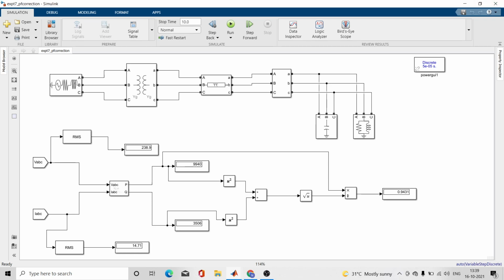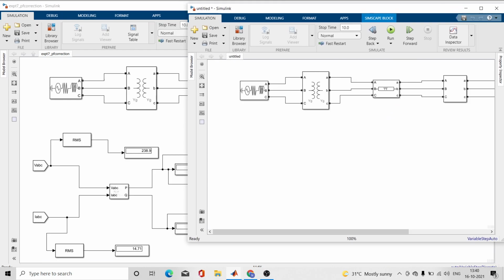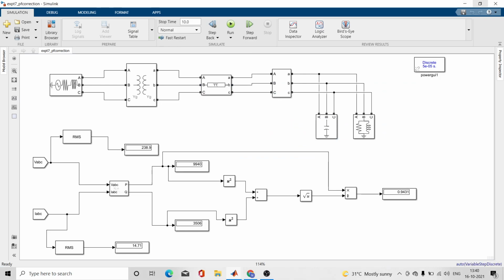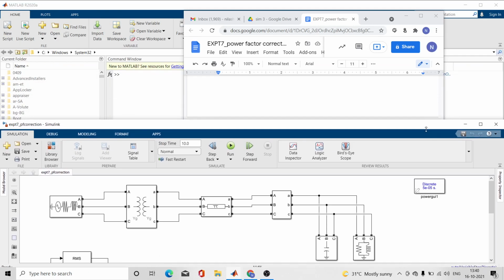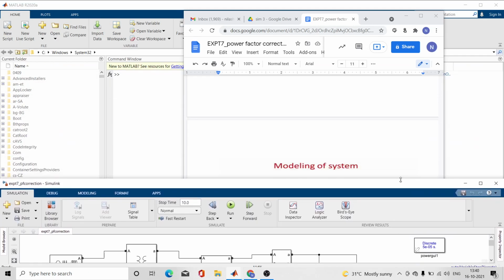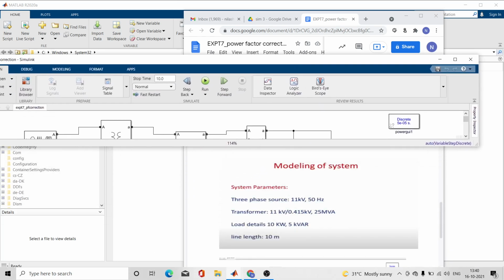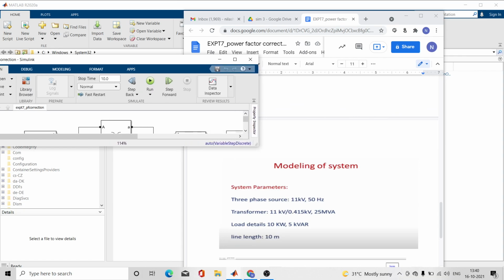This is a problem statement. After seeing the problem statement, you will easily understand this one. Let me adjust the screen so that you can view all the things at a time.